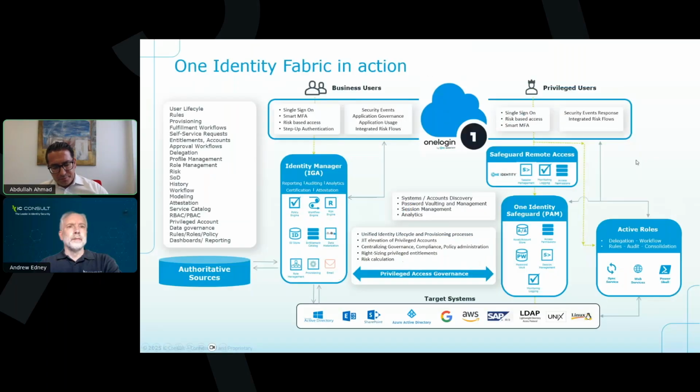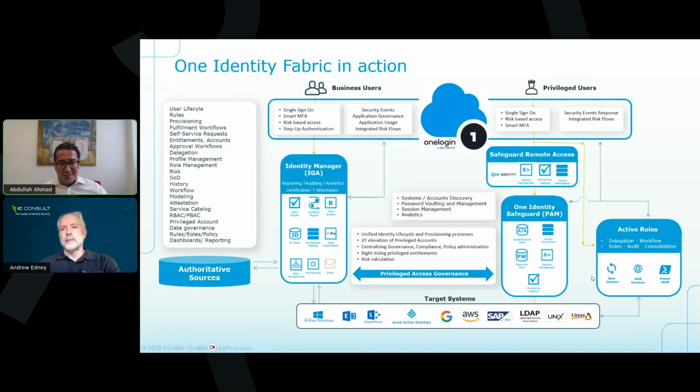Here is an overview, an example of our identity management fabric in a big picture in action, where you see, of course, different integration capabilities. In the last session, Stefan and Oliver have already mentioned all those details, but for those colleagues who were not there, you can see Identity Manager here on the left side. You see the Safeguard on the right side. You see the connectivity with all those capabilities, of course. Then, of course, here we have our One Login as a SaaS solution and our Active Roles on the right side.